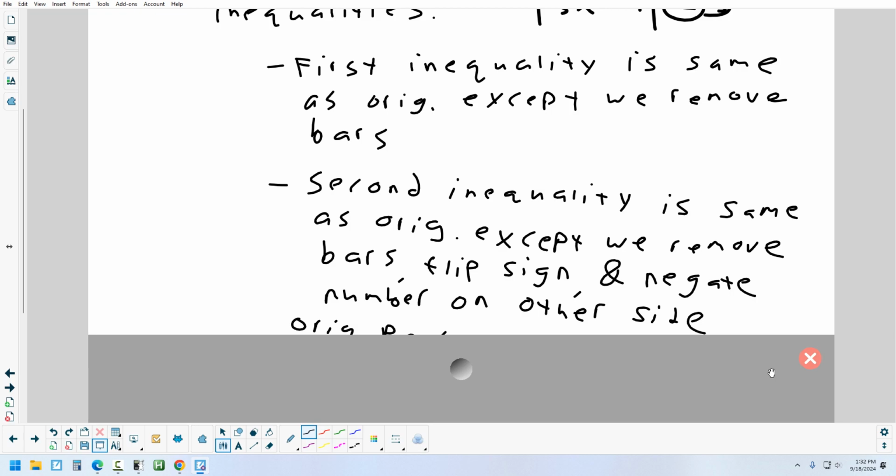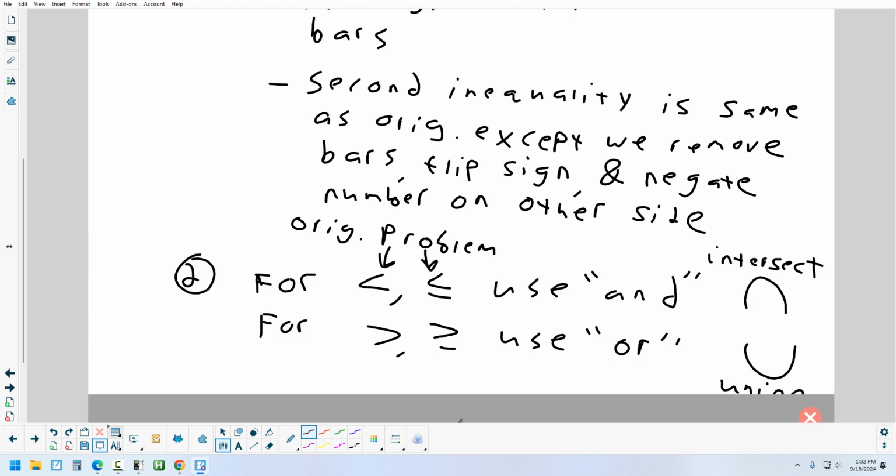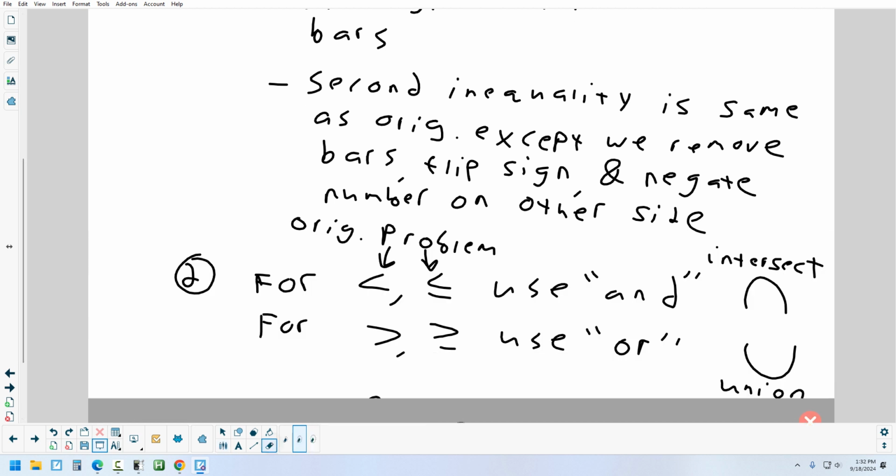So there's two words we've used in this section. Conjunctions, we've been using the word and. What's the other word we've been using? Or. When you write your final answer, it's either an and or an or. And you can't just pick randomly. It has to be a certain one. The way you figure out if your final answer has an and or an or is you go back to the original problem